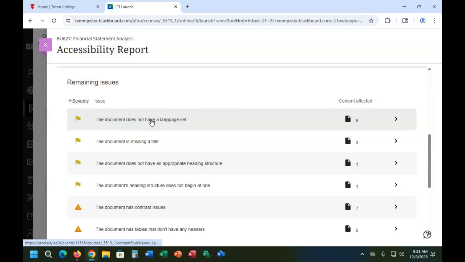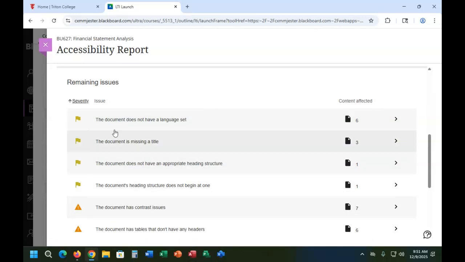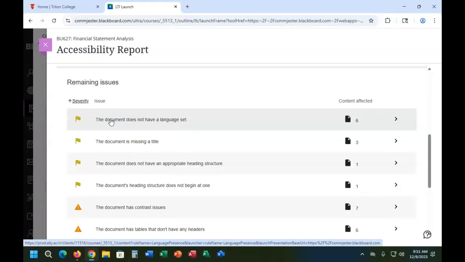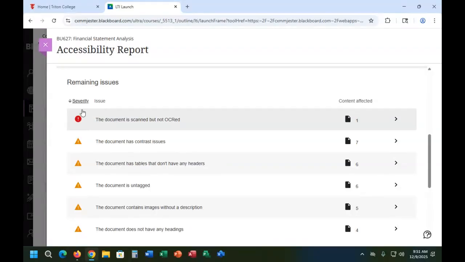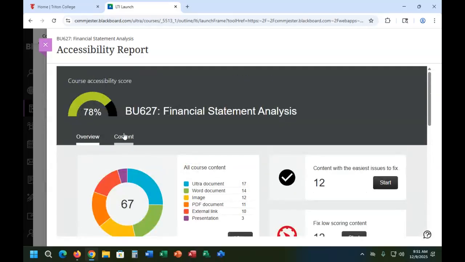So this document does not have its language set. I have 6 of those. So these are the least severe ones that may be the easiest to fix, but won't bring up my score that much. Okay. If I scroll to the top of this report, this is an overview tab,